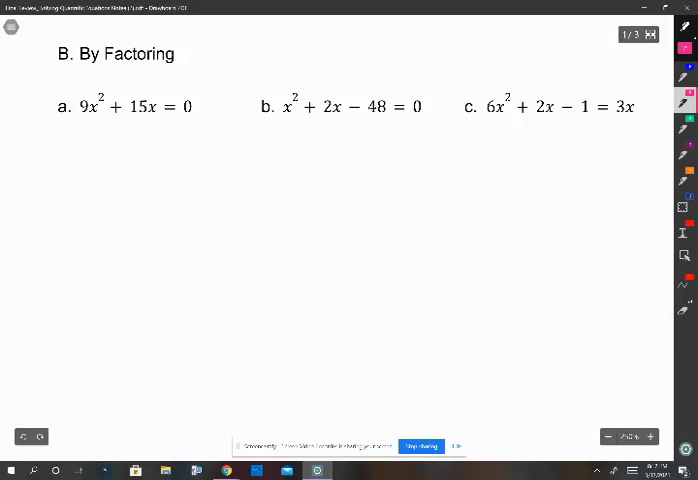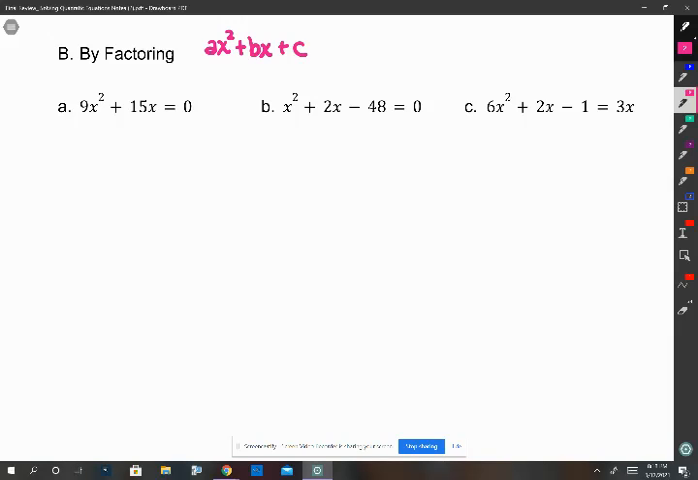So another way to solve quadratics is by factoring. And so there's a couple different ways to do that. One thing that you want to look for first is, is there a greatest common factor? So we want it to be in standard form, so we want it to look like ax squared plus bx plus c. So we want it to be in the right form, but we also want to take out the greatest common